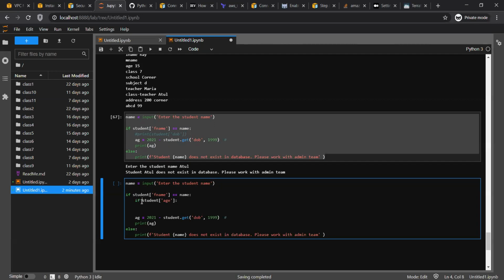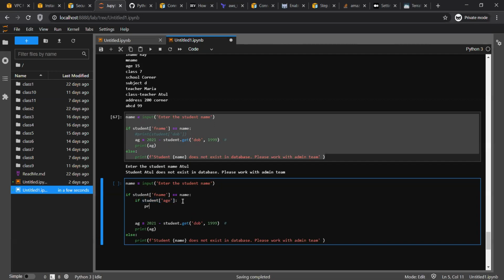If it exists, so if I do this only, that means it will try to fetch that value. So that's a true statement. Okay, so if it exists, print f a student, here I type name, age is colon.